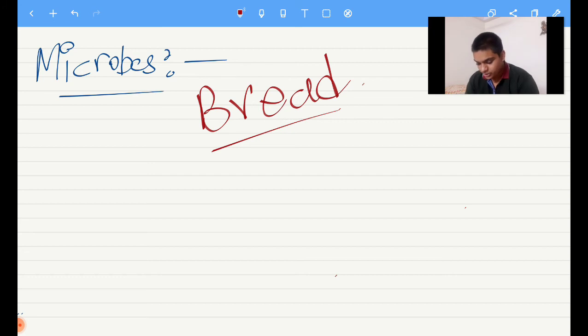I mean to say, everyone would taste this. Now this bread is made from, you all know, multi-purpose flour, and something is added to this bread in order to make it fluffy, in order to get that fluffy nature of the bread. What is that being added to this bread in order to get that fluffy nature? That is nothing but a microbe, which is a fungi